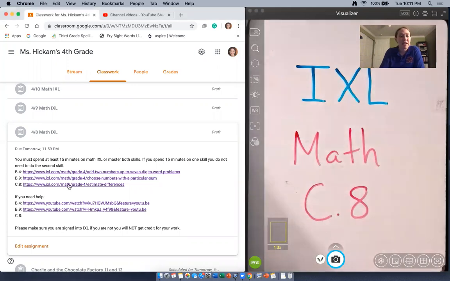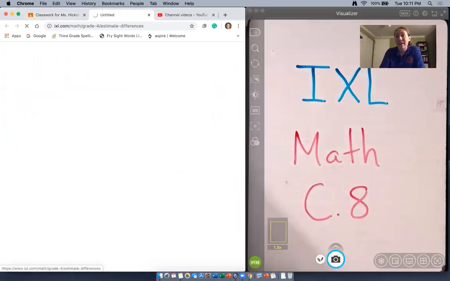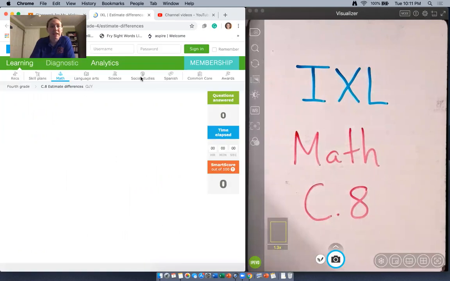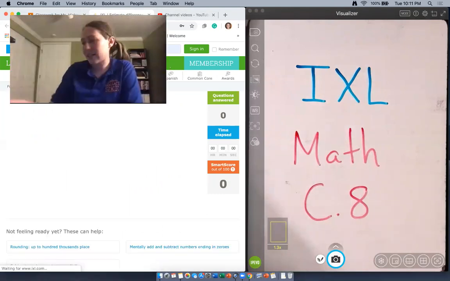Go on my assignment and I click on C.8 because that's the last one. It's just bringing up IXL. You could also go to IXL and pull up C.8. I'm doing so many of these because these ones are pretty easy. This next skill is estimating differences,